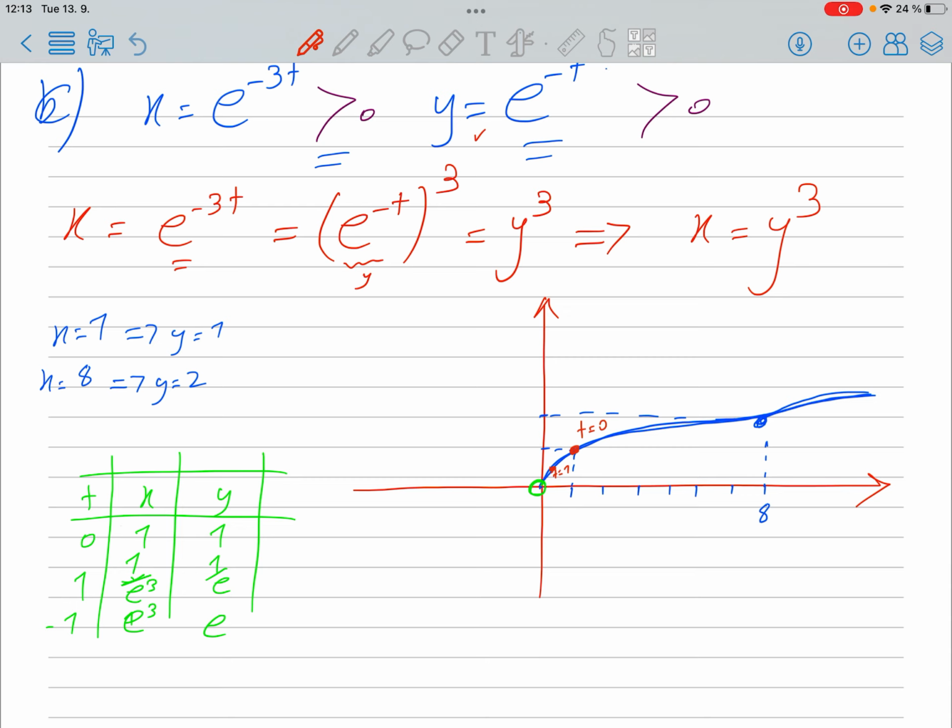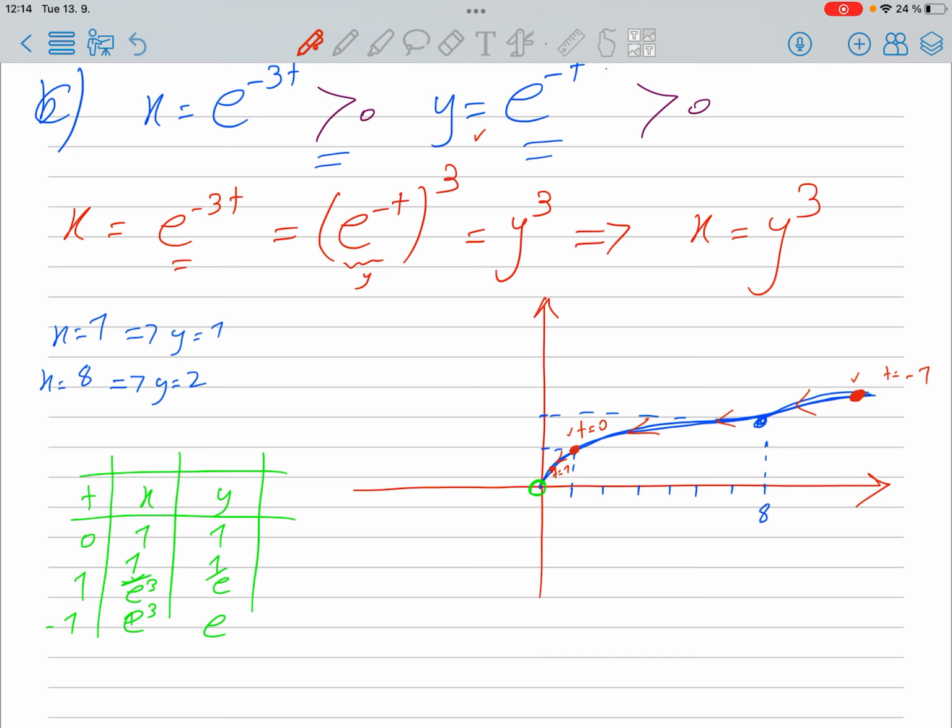And for t is equal to -1, you have a point somewhere along here, right? So as you see, for t is equal to -1, the place of your particle is here, and for t is equal to 0, the place is here, and for t is equal to 1, the place of the particle is here. Therefore, the direction is